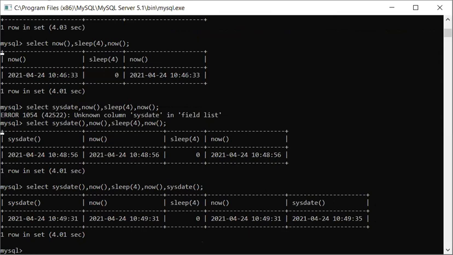Now, actually what you have to understand is that sysdate, as I said, every time it is going to fetch the system time. So initially the time was 10:49:31. Same information was taken by now, sleep was ignored, and again same information was used by now again. But when you have used sysdate, again it has gone to fetch the time. Now it is 35. You can see the difference over here very clearly. I hope this is clear to all of you now.